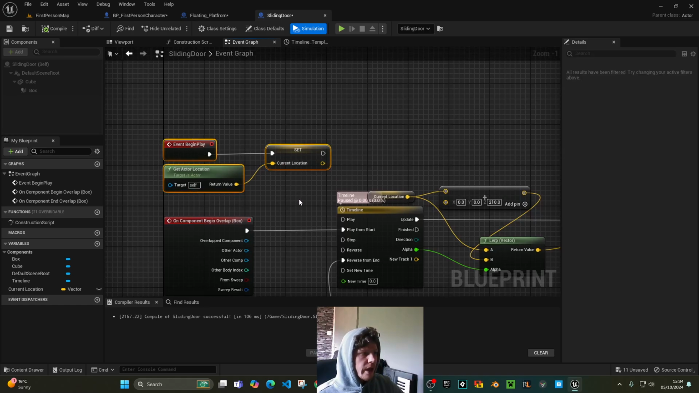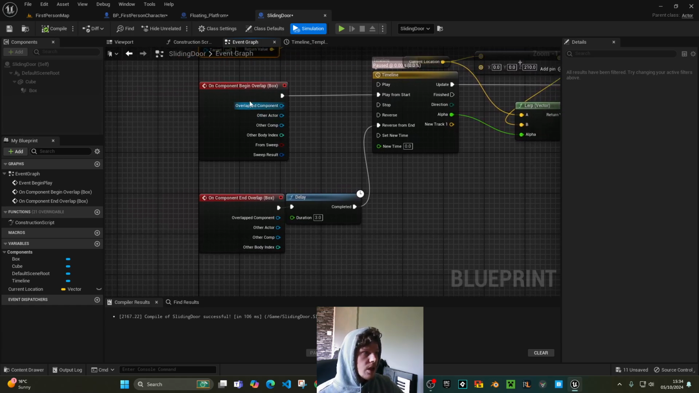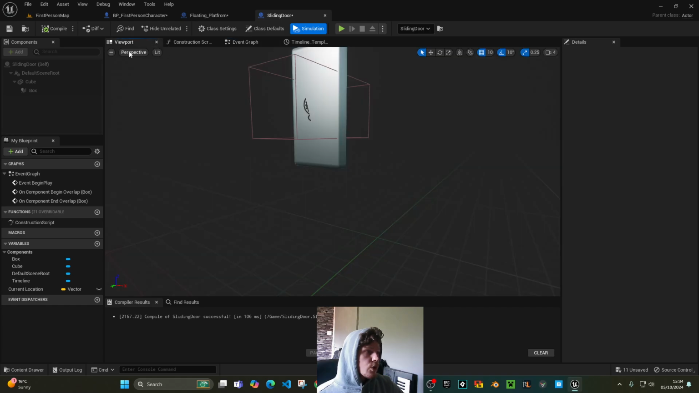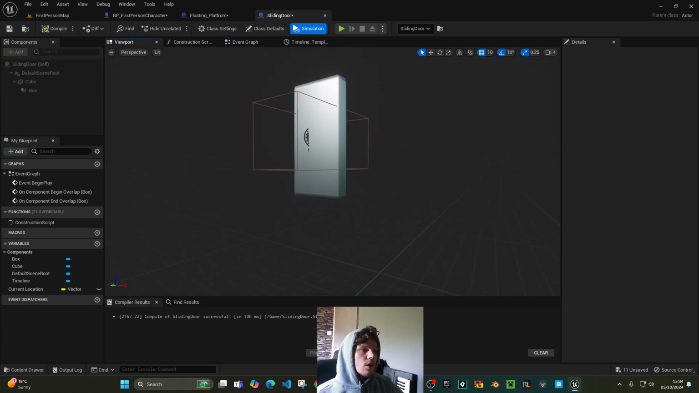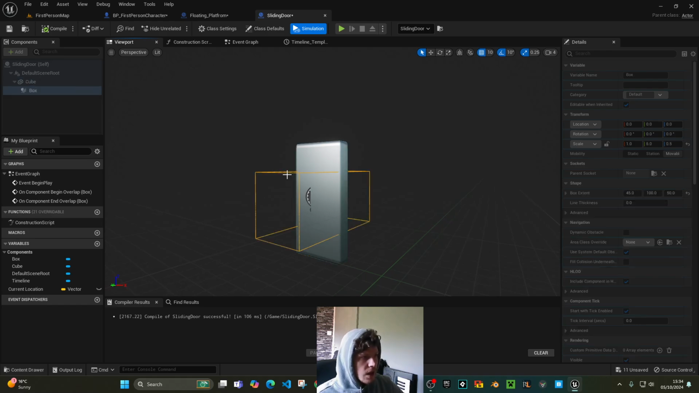So we just get our current location at event begin play, and then how the timeline triggers is based on overlap events. So if we go to the viewport, you can see that I've got just a cube, a door, for example, and there's a collision box, or a box collision, sort of sticking out of it. And this box collision,